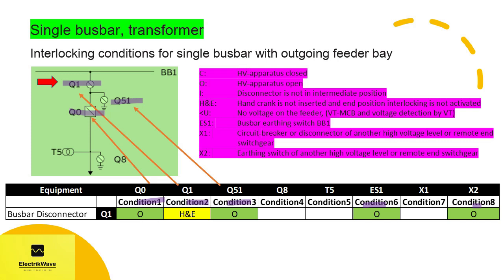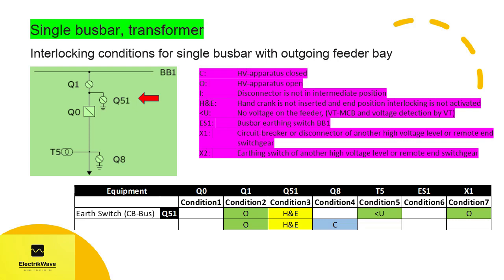Here Q51 is switchable if conditions 2, 3, 4, 5 and 7 are fulfilled. That is, busbar disconnector is open, earth switch Q51 hand crank is not inserted and end position interlocking is not activated. Then no voltage on the feeder, then circuit breaker or disconnector of another high voltage level or remote end